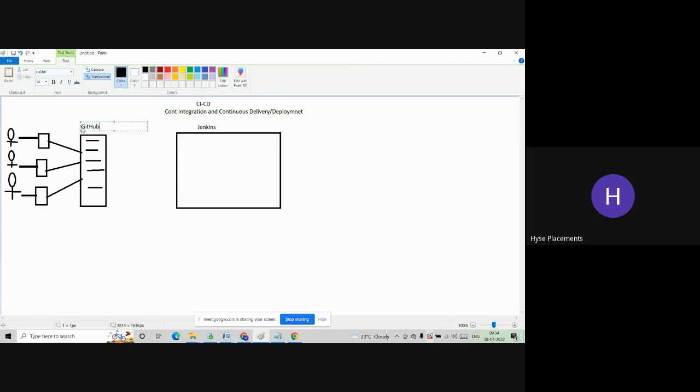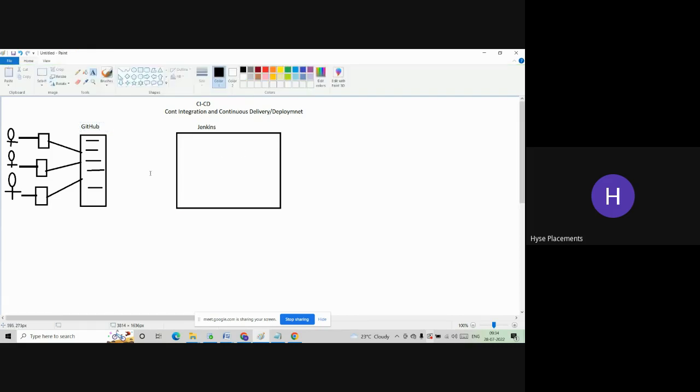SVN stands for Subversion. These are version control tools, version management tools. So this is Jenkins. As soon as the code is committed in GitHub, Jenkins will automatically pull that code. Then it will send that code to